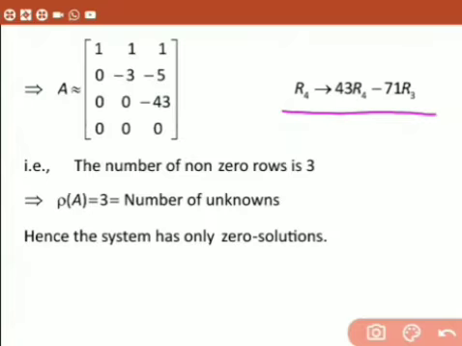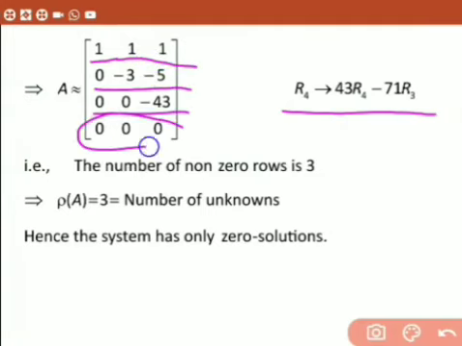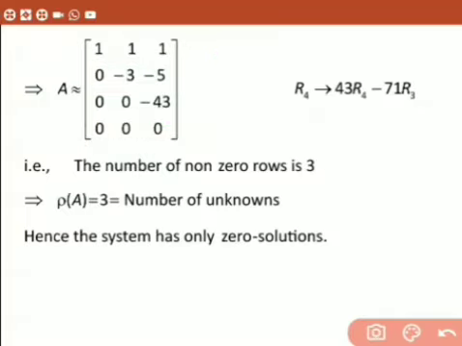So that is here there are how many non-zero rows in this? We have here only 3 non-zero rows. This is non-zero row, this is non-zero row, and this is also non-zero row. In the last row all the elements are 0. Therefore this is a 0 row. How many non-zero rows we have here? 1, 2 and 3 non-zero rows. So this is the rank of this matrix. So this implies rank of A is equals to 3.